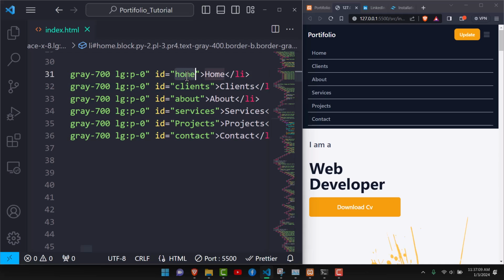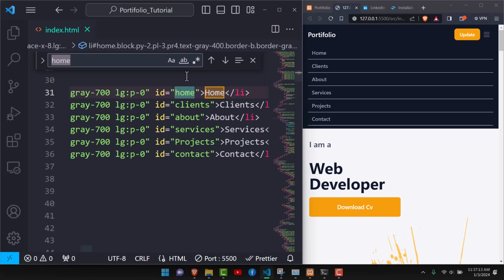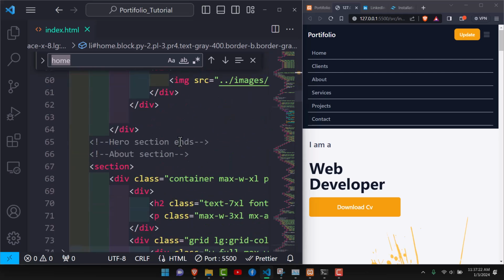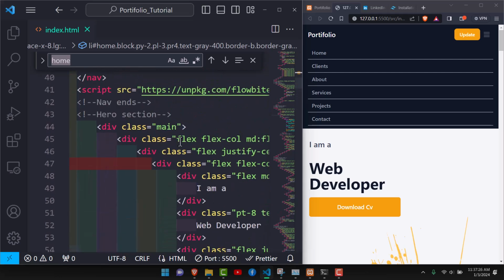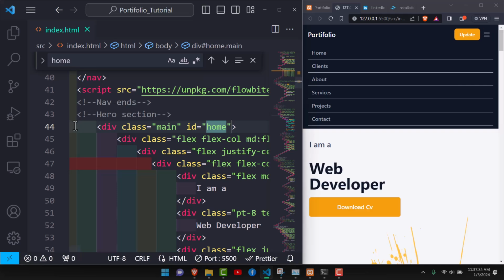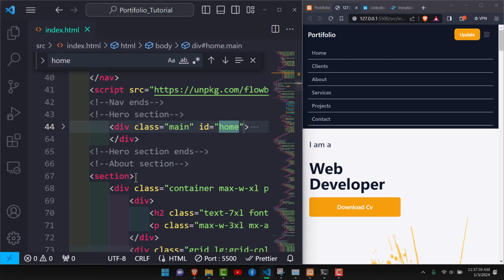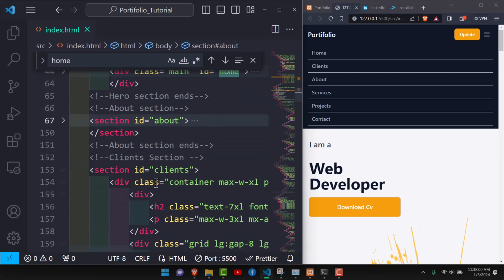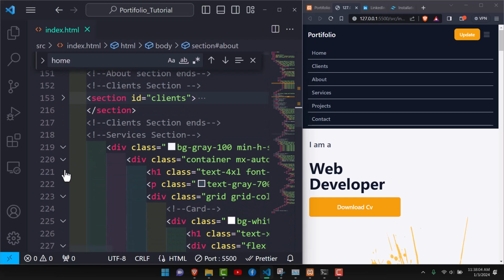So like for example, I can take home and search it here, home, and all other. Let me see, looks like I don't have it that way. Yeah, home, it's here, so should be here under the hello section. So we're going to have an ID of home. Okay, so let's collapse that. So we have the about, so we can have these with an ID of about. Hide that. Clients is okay, and then we should move to the services